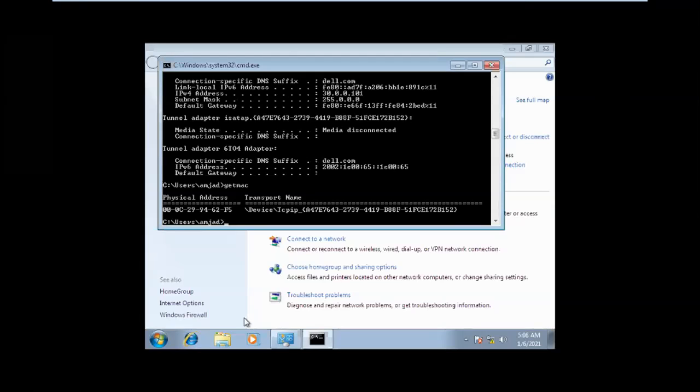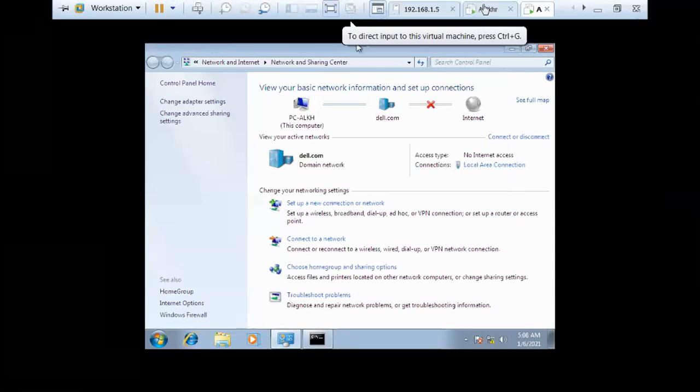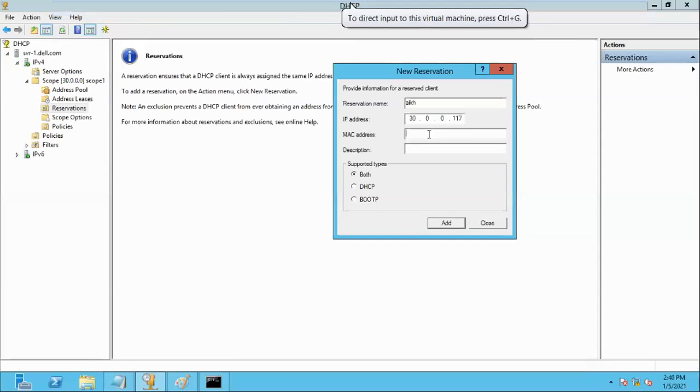So this MAC address you have to assign here, in the reservation. So 00, then 0C, and then 2962 and F5.